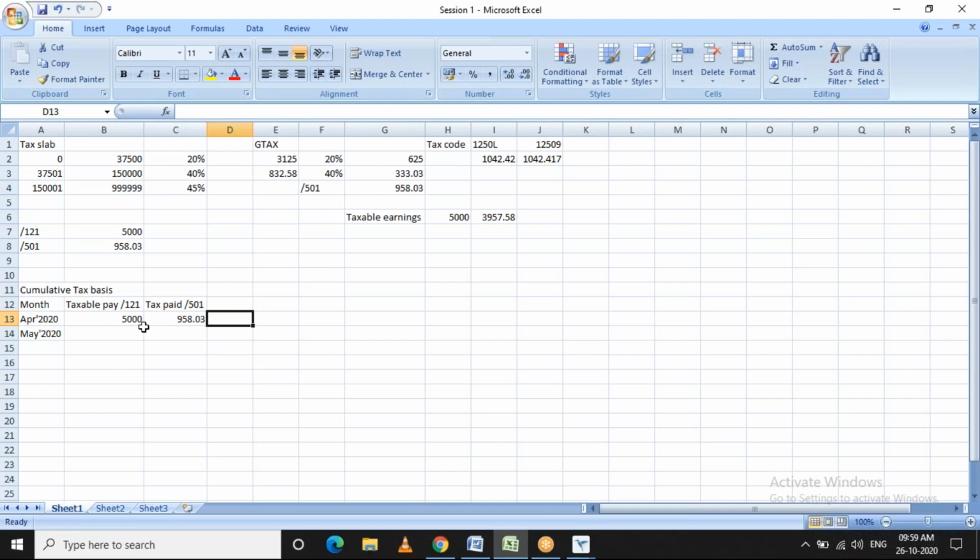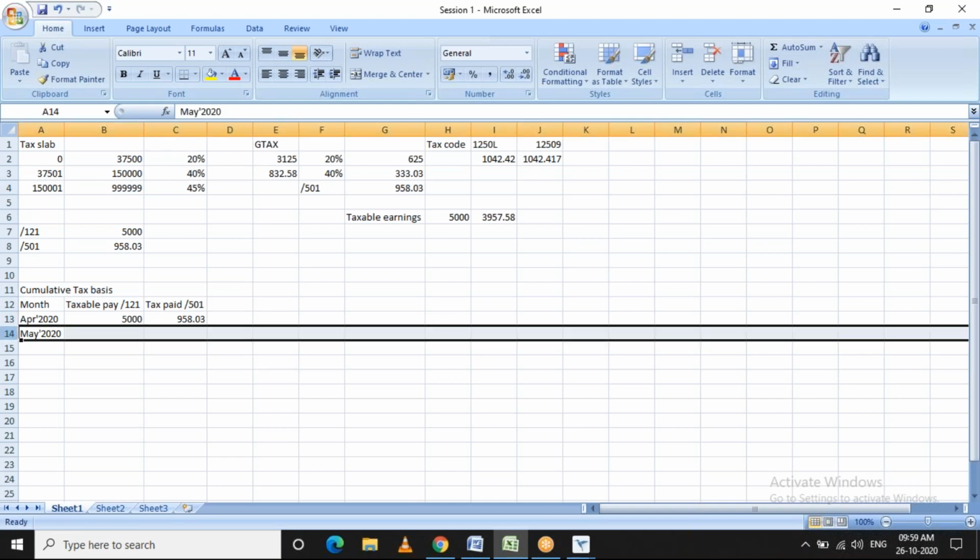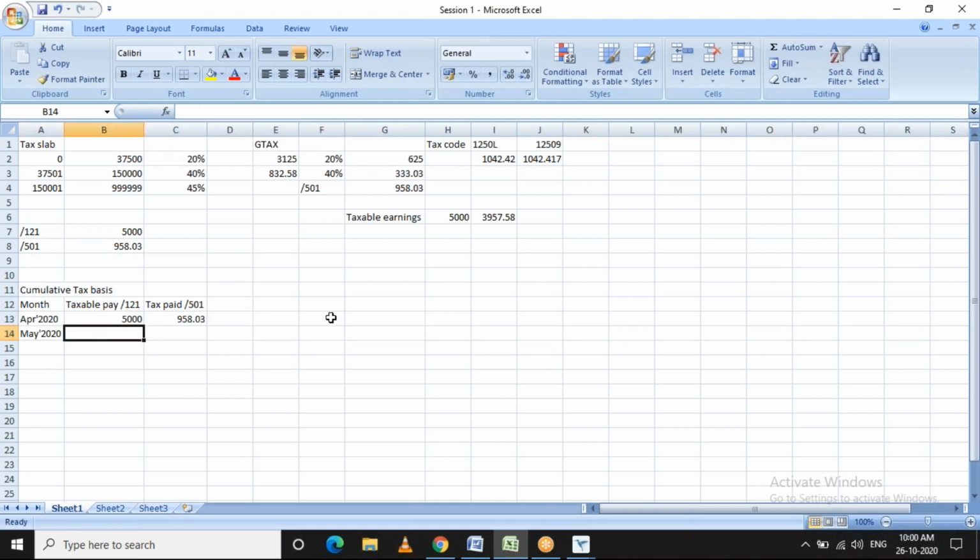When you run the payroll for the second period, what the system does is it will cumulate the taxable earnings from April plus the taxable earnings from May. So it will arrive at the earnings as 10,000 pounds.